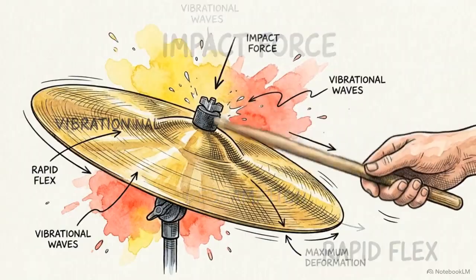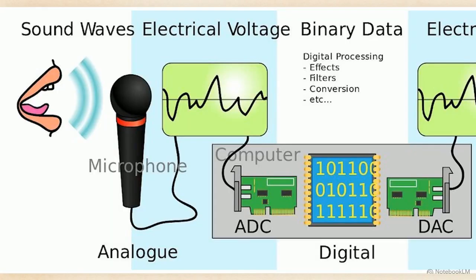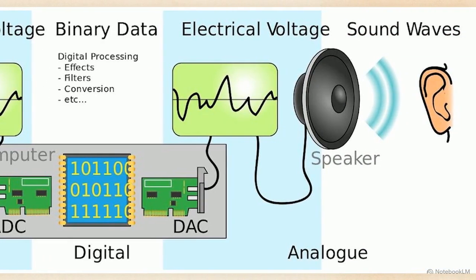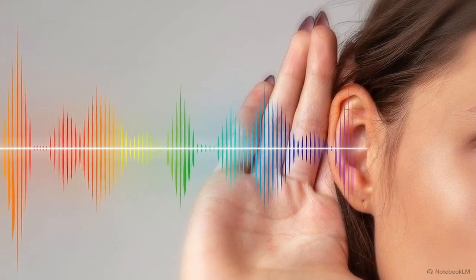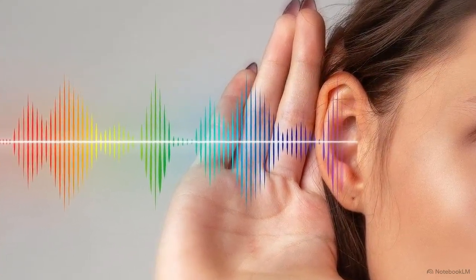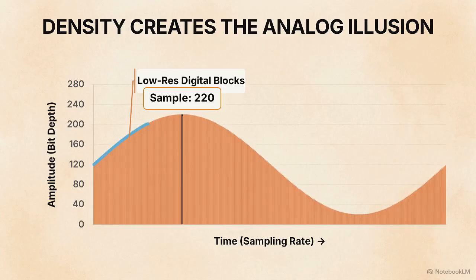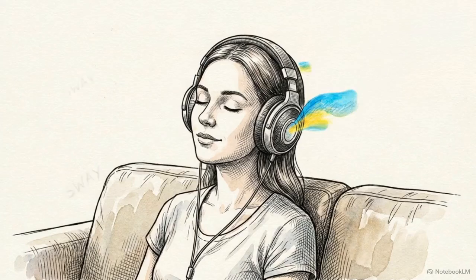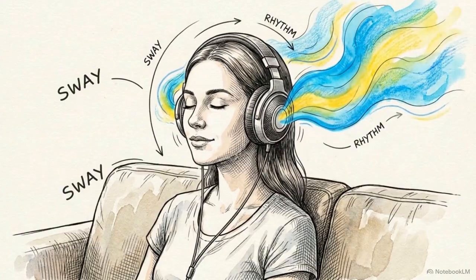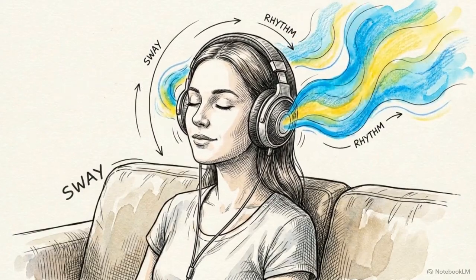On the left, physical sound hits a microphone, entering a box that turns smooth vibrations into rigid numbers. To hear the music, the computer reverses the trick on the right, translating those numbers back into electricity to push your speakers. The final magic trick of digital audio is actually performed by your own brain. Because the sampling rate is so fast and the bit depth is so precise, the digital steps are too small for your ears to notice. Your brain naturally smooths over the edges, leaving you with nothing but the illusion of a perfect, continuous song.